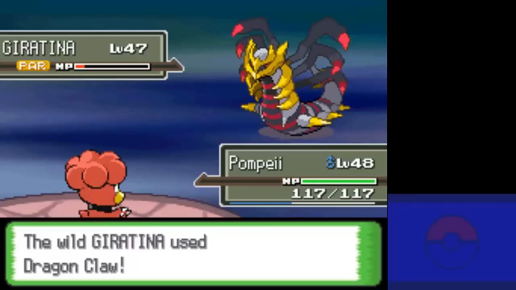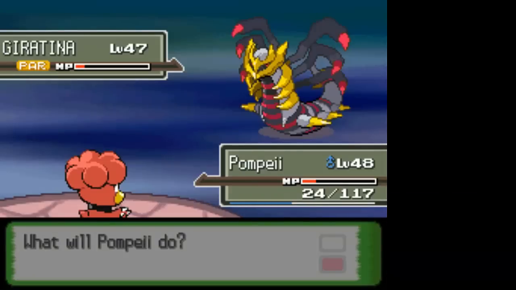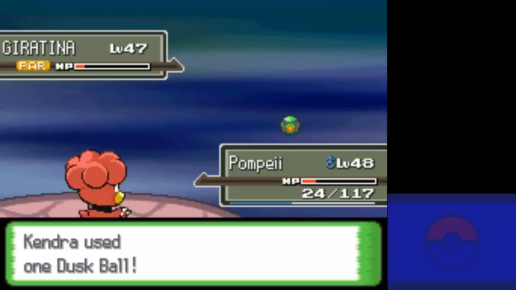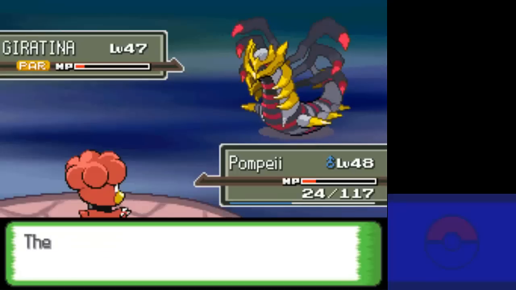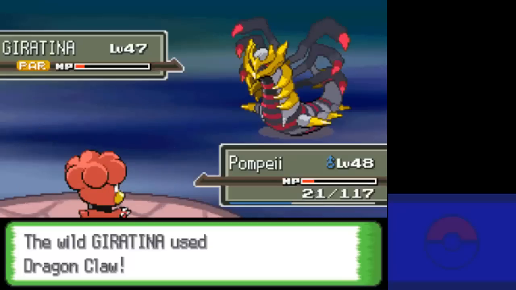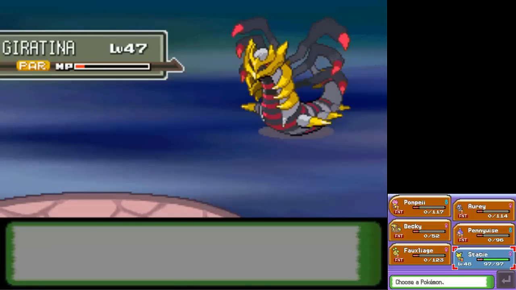I think they changed the catch formula in the newer games. I don't remember if it was Gen 5 or 6 where they got rid of... I think it was Gen 5. They got rid of the ability for it to break out on 2 shakes, 2 or 3. I think what would happen is it could break out on the 2nd, but it could never break out on the 3rd. It was really weird. And then it also introduced the critical capture, which is just...